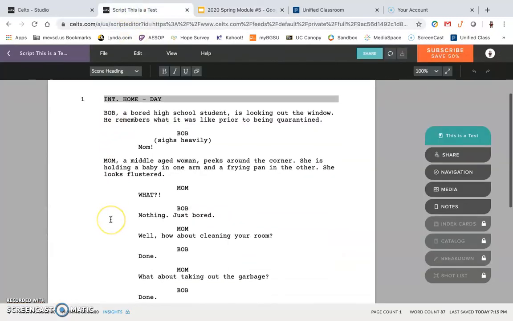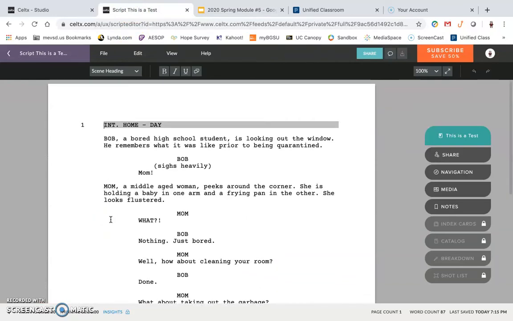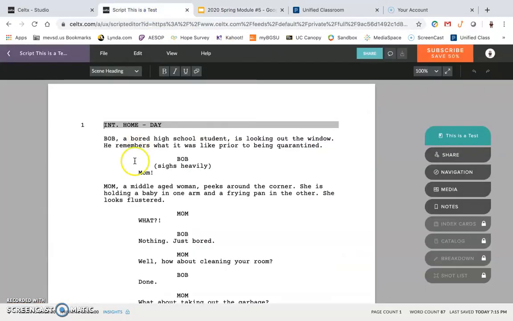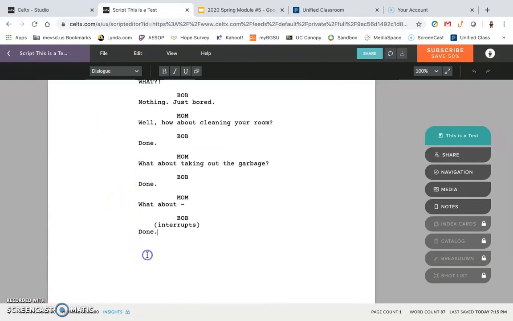So here's the script that we wrote. I did mention before that you may want to pare down your story to make a short screenplay out of it. It still needs to have 3 acts, and you could have 3 different scenes in your script, because you do need a minimum of 3 different scenes. Something though I do want to show you is every time you move to a new location, a new setting, you need a new scene heading. So for example,